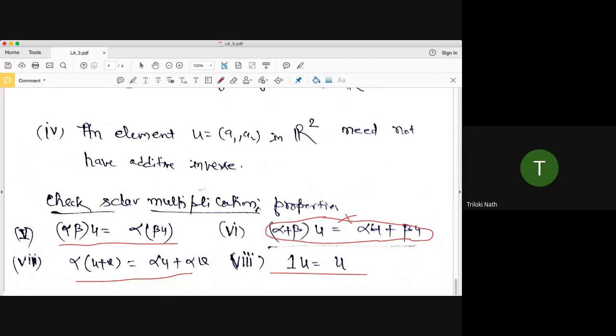Okay. So I hope today you have learned a lot of things about vector spaces: at least the abstract idea of a vector space, examples of vector spaces, and how to prove something is not a vector space.